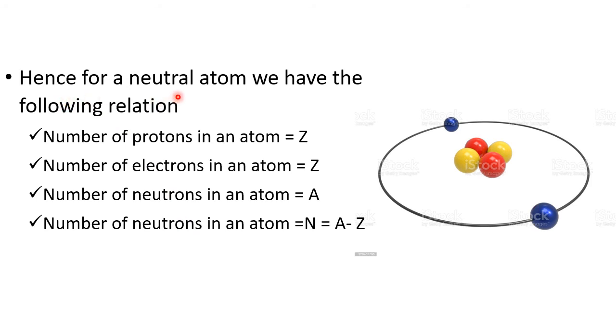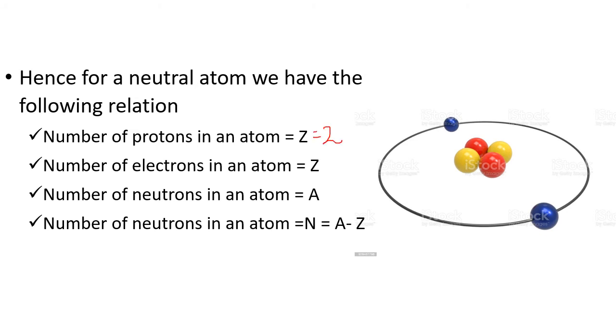Therefore, for any neutral atom, we can write the following relations. So let us consider this red one as your protons. So how many protons are there? 2. Fine. Now, what does the number of protons denote? The number of protons denotes the atomic number. And what is the symbol for atomic number? Capital Z. So the number of protons in an atom equals capital Z, and in this case for a helium atom it is